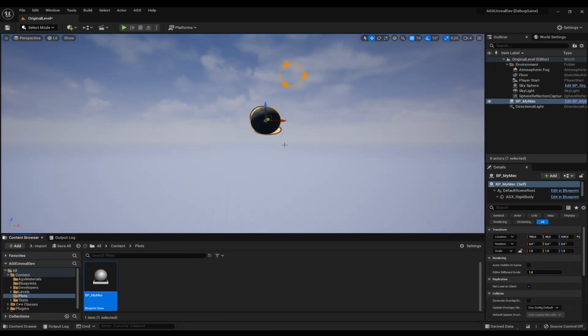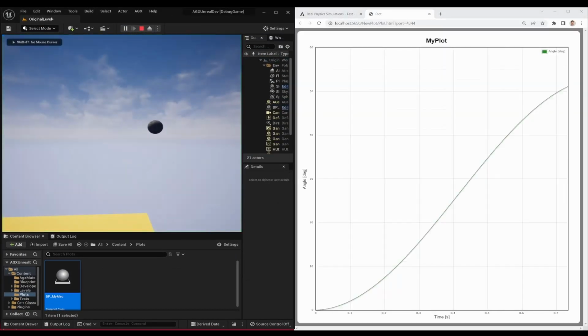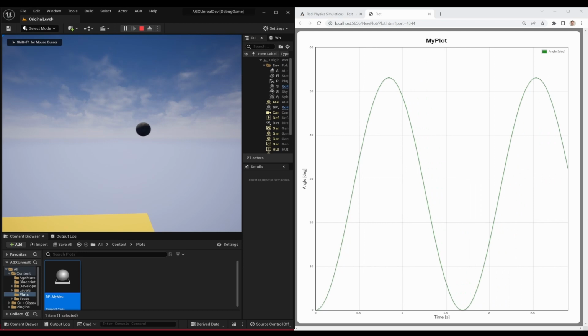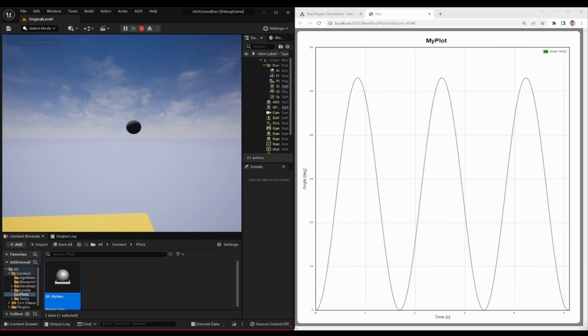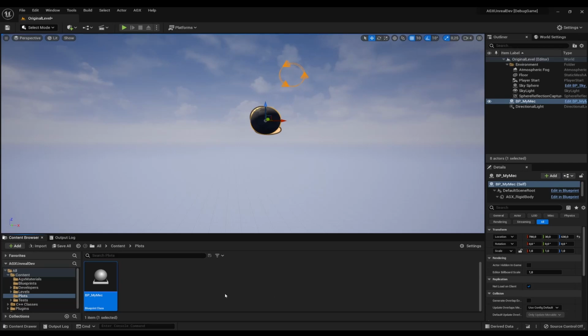So let's come back here. And now if I press play, I'm actually going to make this a little bit smaller. So now when we press play, we can see that we actually get a plot. This will open automatically in your default web browser. Coming back to our blueprint,